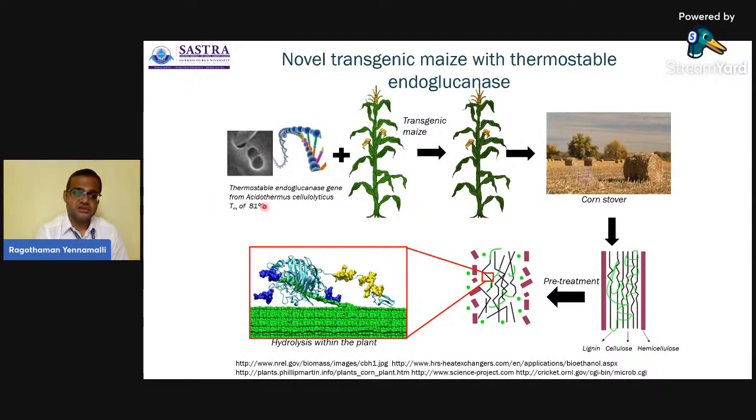So one of the ideas that had been in work for many years in the US, and to some amount in other countries, is engineering a maize plant with the endoglucanase gene from the thermophilic organism called Acidothermus cellulolyticus, which was found in the hot springs in Yellowstone National Park. So the residual agricultural waste, when you do pre-treatment, gives out the amorphous cellulose, which then is hydrolyzed in planta. That is, the hydrolysis starts happening, and because it has a very high temperature of optimal activity, the activity doesn't get diminished when the temperature rises, and so the turnover rate